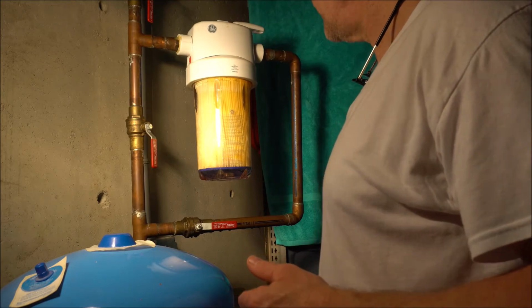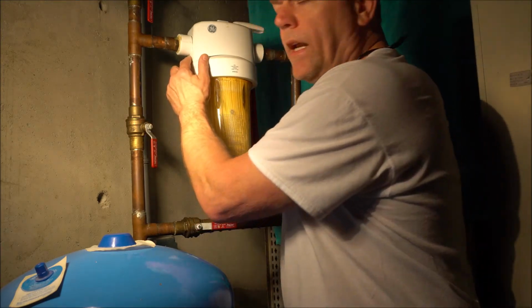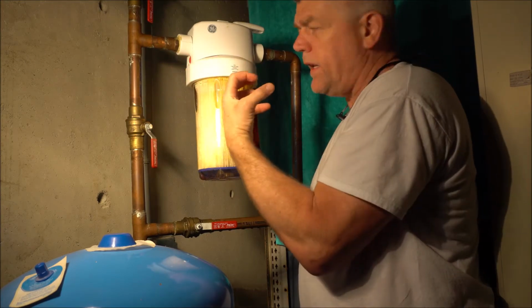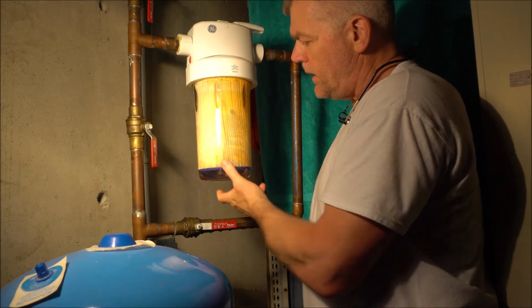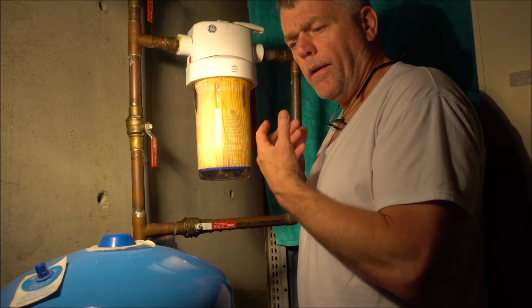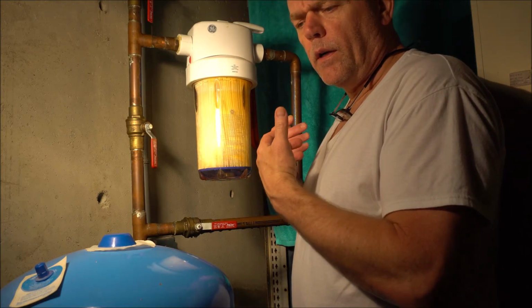Okay, we're looking good. So this button here releases the pressure. Once this fills up, the button pushes out and then it holds, so that way there's no leakage. So that's how you install a filter for the GE